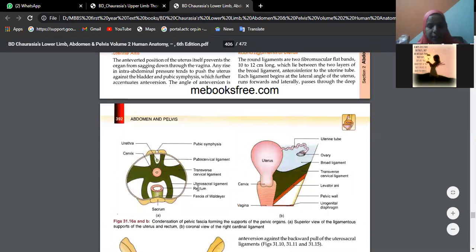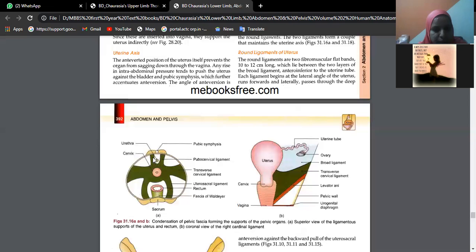Apart from that, see here, this is the transverse section of the body wall. This is the front, pubic symphysis, behind the sacrum. This is the complete body wall. So we have three structures, like the cervix. This is the uterus, its continuation is the cervix; this is the urinary bladder, its continuation is the urethra; behind we have the rectum and anal canal. So from the cervix to the lateral side we have the transverse cervical ligament.